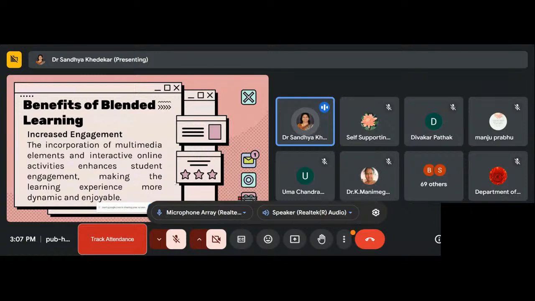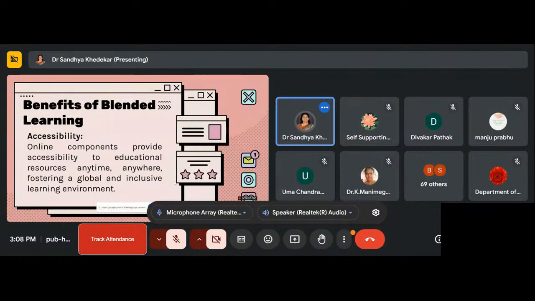Then increased engagement. The next benefit of blended learning is the incorporation of multimedia elements and interactive online activities enhances students' engagement, making the learning experience more dynamic and enjoyable. So this is one of the important aspects of it. Then accessibility.